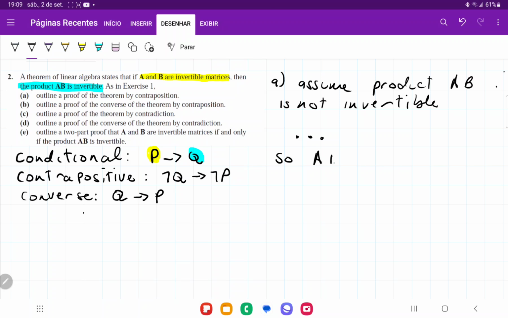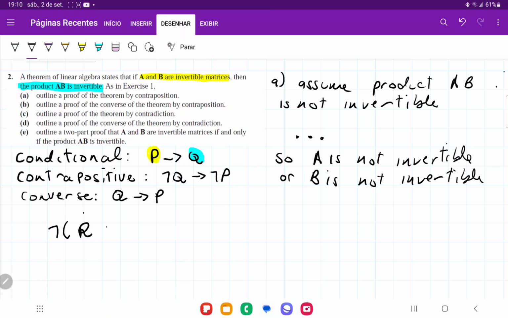So A is not invertible. We're doing the opposite of A and B are invertible matrices. So A is not invertible, or B is not invertible. And to get the denial, when we have two propositions, we want to do not, say, proposition R and S. This is just going to be not R or not S. So it can be that either one of them is going to be false. So that's why we say A is not invertible or B is not invertible instead of saying A and B are not invertible. So we've assumed not Q shows that it leads to not P, and so our conclusion is